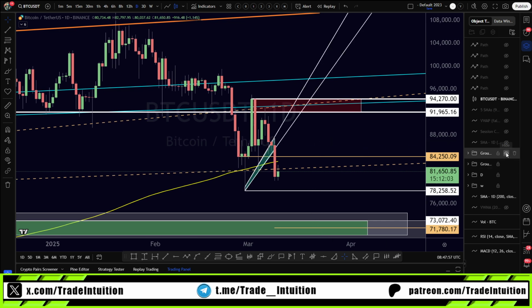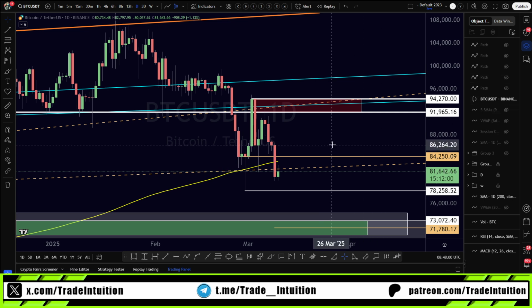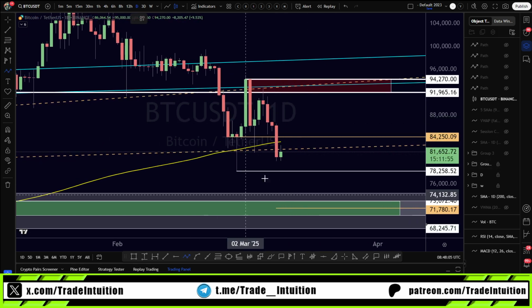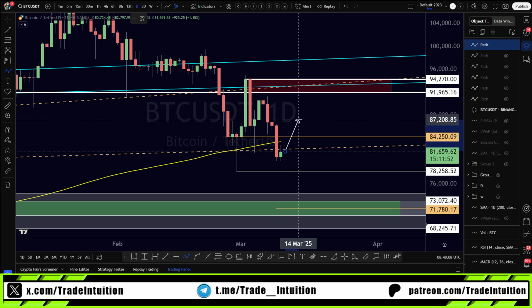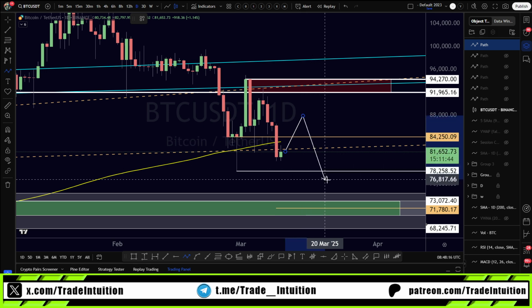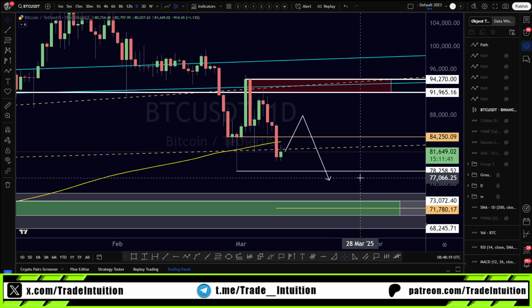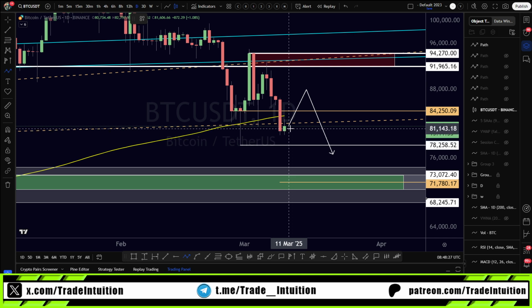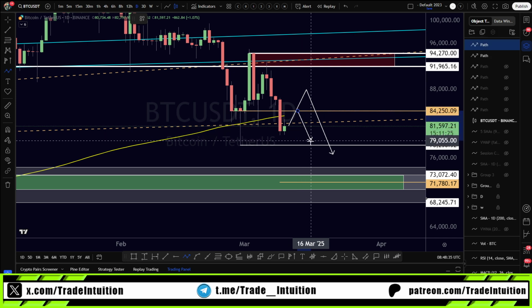Now, let's see. What else do I got? I believe that's it. Right now, I do think that if the price does come up, this is what we might see. So about here, this will be a nice area. Maybe even up to here, but we'll just call it right here before it comes down. This is what I'm seeing. This is one of the options. Another option is price goes through here. But I really think that it's going to break above. But price may also do this number.